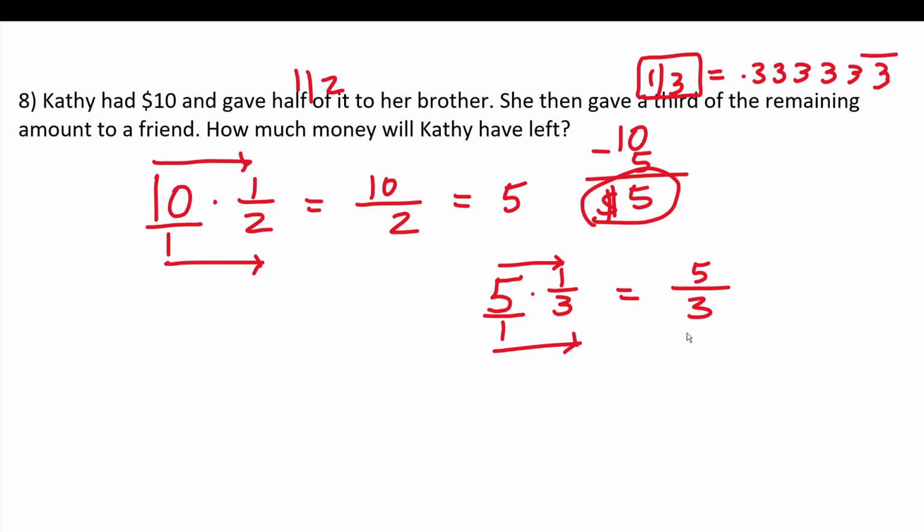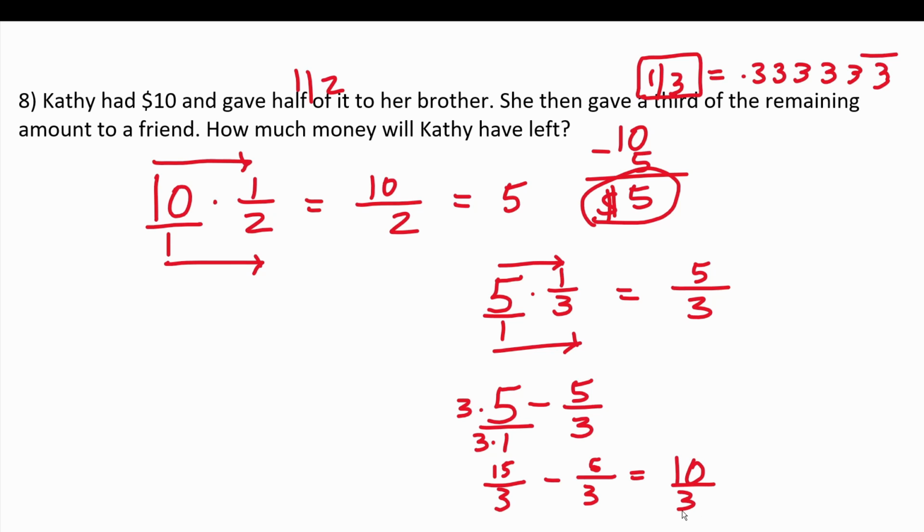That's the amount she gave away. So we're going to have to subtract that from 5 now. So this is 5 minus 5 over 3. And in order to subtract these fractions, we have to rewrite them such that they have the same denominators. Again, this has a denominator of 1. And this is pretty easy to do. We can rewrite these with denominators of 3, given that 1 and 3 share a common multiple of 3. To write 1 as 3, we multiply by 3. We're going to have to do that to its numerator. So this is 15 over 3 minus 5 over 3, which is 10 over 3. Okay?